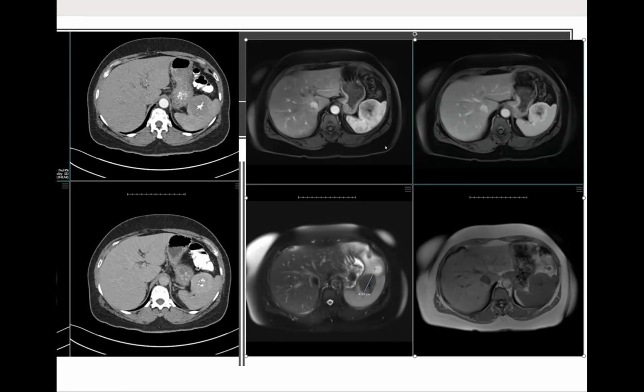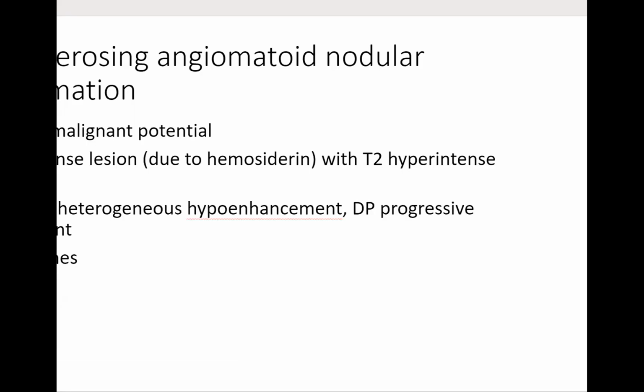These are just some select images from the MRI, which shows a surprisingly T2 dark lesion in the spleen, measuring about 4.3 centimeters. On the in phase, you can see there's a central focal hypointensity, which corresponds with a calcification. On the dynamic post-contrast, we see a radial appearance to the lesion, which enhances progressively over time. So we actually thought that this was a SANT lesion, which I had to review myself,